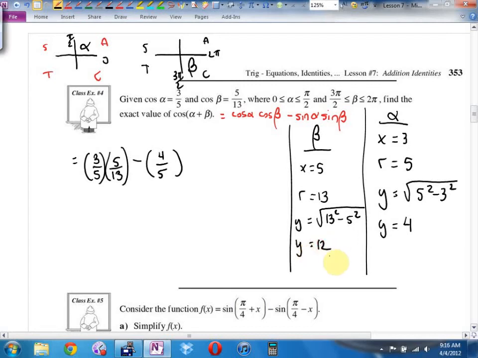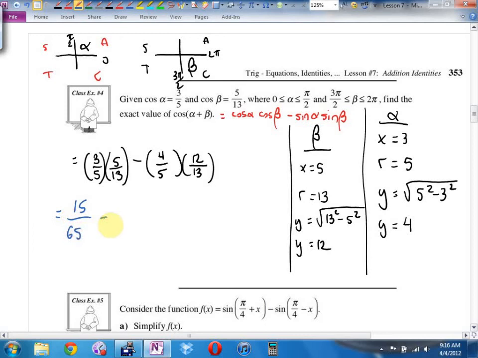Oh, so then I want to put the sine of beta right here. What's the sine of beta? 12 over 13. There's the exact value, although I can tidy this up a bit. First of all, how do I multiply fractions together, Ryan? Top times top, bottom times bottom. Oh, so if I hear you correctly, Ryan, you're saying it's going to be 15 over 13 times 5, 65